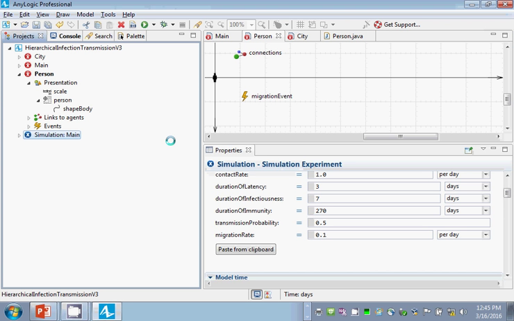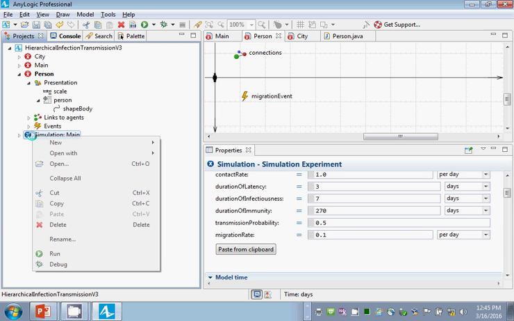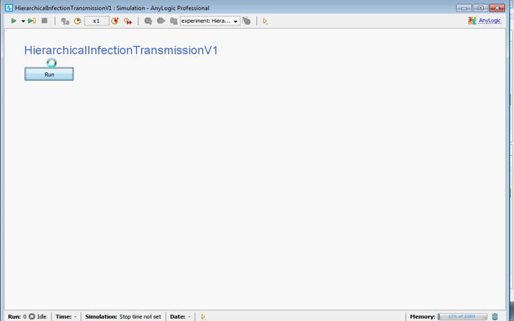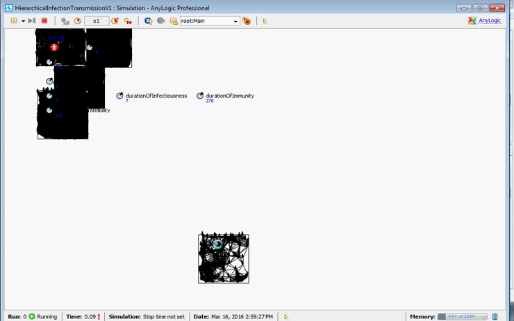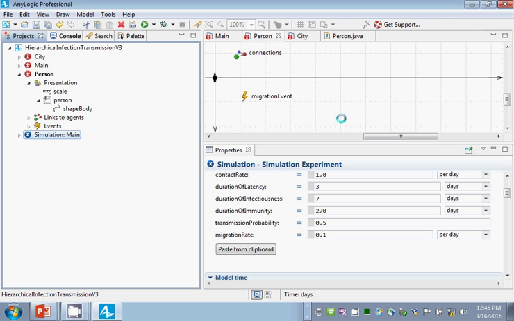There's one other thing. I was thinking maybe I should adjust this connection distance because it's leading to a lot of isolated cities. How would I make it very easy to adjust the connection distance between different experiments? How would I do that? Parameter in the main. Create a parameter in main. So let's go create a parameter in main that will be